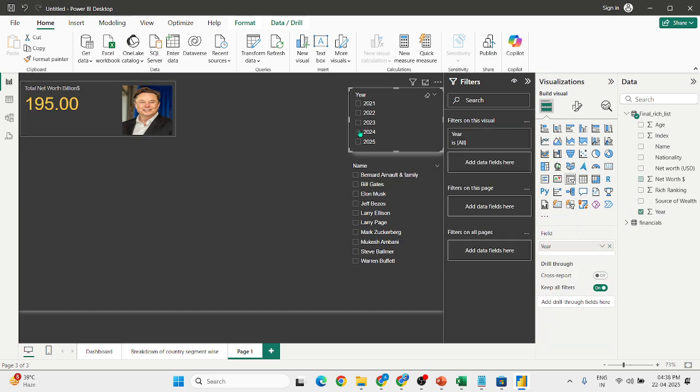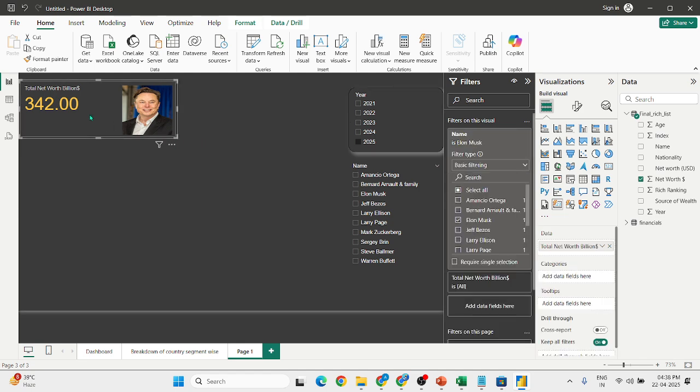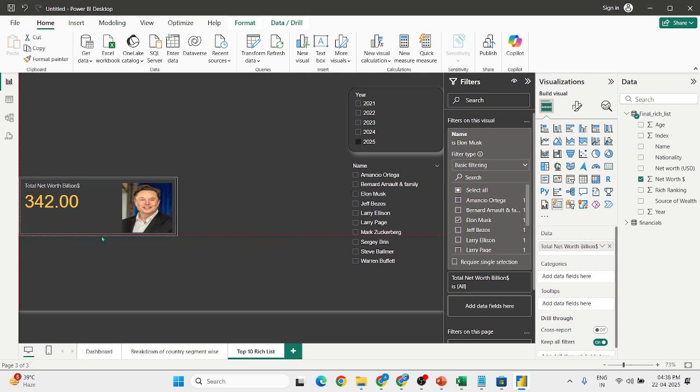Now what about 2024? It's like 195, 180, 129, and all these things. Now you can just check that all the data is changing, right? So you can check, okay, this is the scenario of the top 10 rich list. Now you have to create a dashboard like this: top 10 rich list. Now what you can do inside the top 10 rich list, we want the multiple